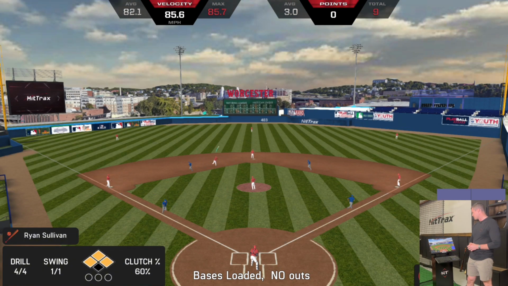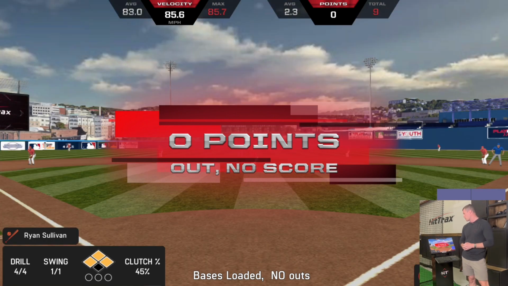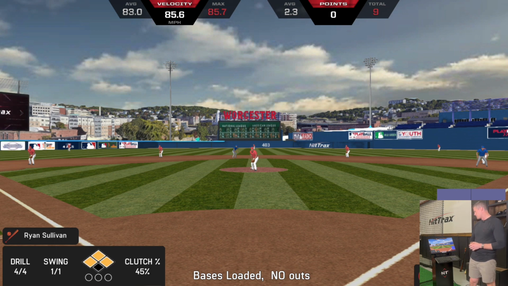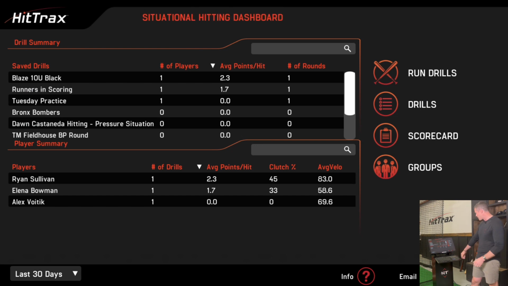So that was right at the shortstop, through home, out at home, no outs, or no points. So we're through all 4. You can see it finished up, takes a second. Now we're ready to go. So I can swap to the next player if you have multiple players in here, or when I'm done, bottom right, can exit out. Now for past sessions, past data, you can see just kind of a snapshot right here,